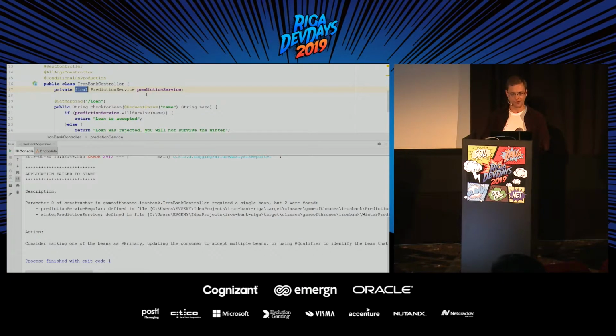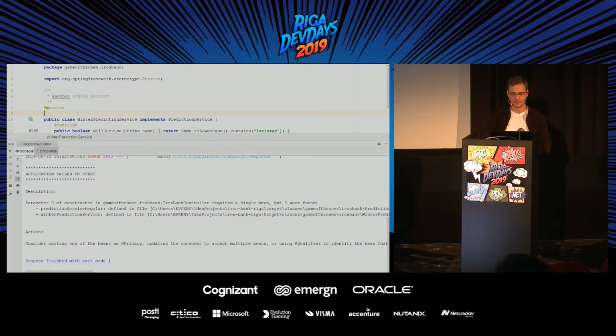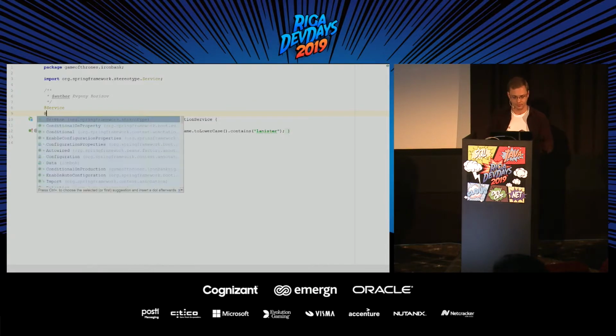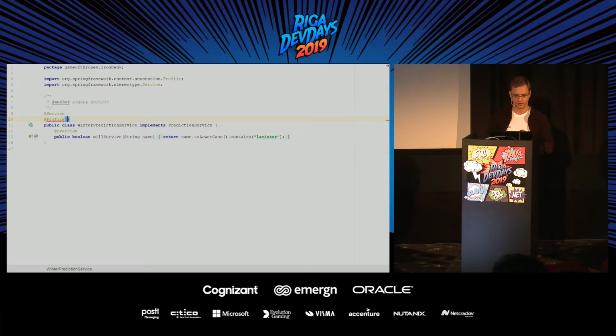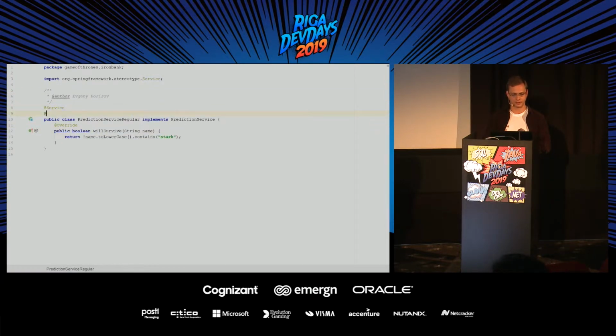Okay, so we need to use it by some profile. I want to say that this bean should be created in case the profile is winter is here. Okay, so this is a profile. I will write here winter is here. This is the name of the profile. And the second bean, which is the regular implementation, is by another profile. Oops. Winter prediction service regular. Here will be the profile